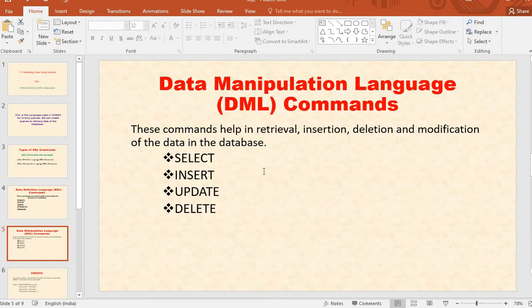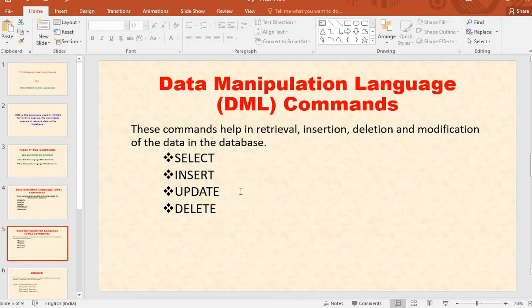Which type of commands? Data manipulation language commands. Retrieval. If you want to retrieve data from a database, or if you want to insert new records into a database, or if you want to delete records from existing database, or if you want to modify the data, then you may use these commands.